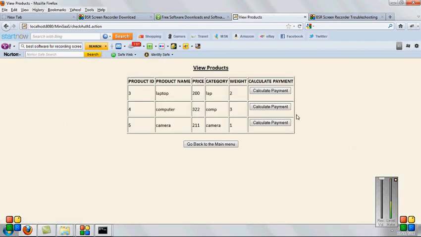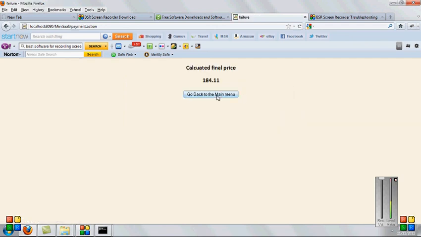So they can see the products, whatever we entered some time back: laptop, computer, and camera, and the prices, the same values we just entered. And we can call the service calculate payment, and see it's 184.11 or something like that. And again I'm getting back to the main page.